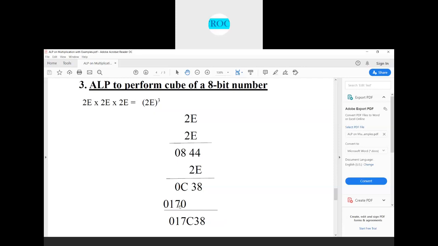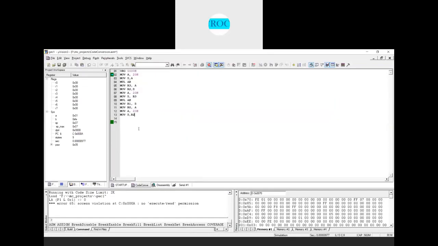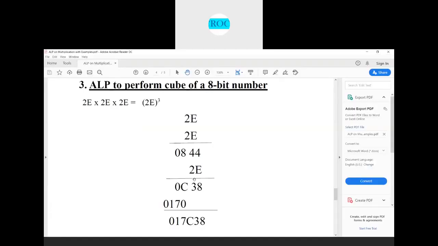So that what is the result when I multiply these two numbers, 08 with the 2E, you get it as 0170. Now what I do, multiplication AB now. Now this content, whatever the content we had it, 42h comma R0. This result what we have, which is stored in R0. This is stored in R0. Directly I'll put it in the memory location, that is because that is the lower byte result.